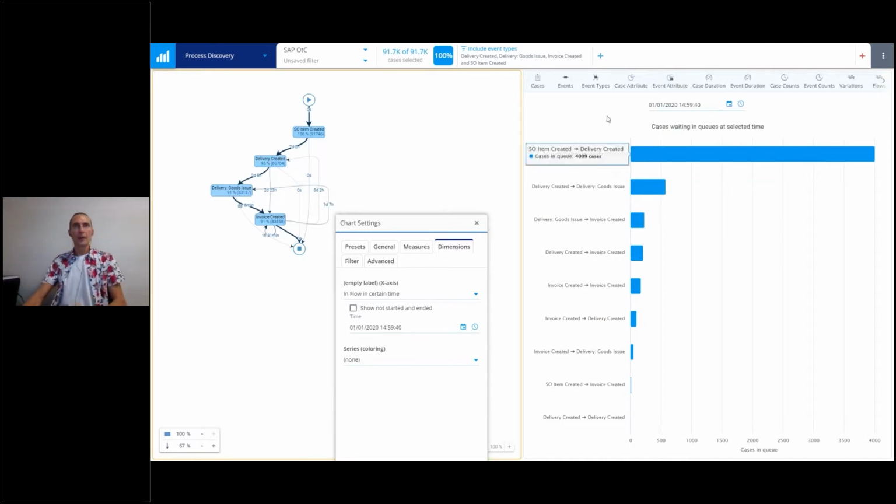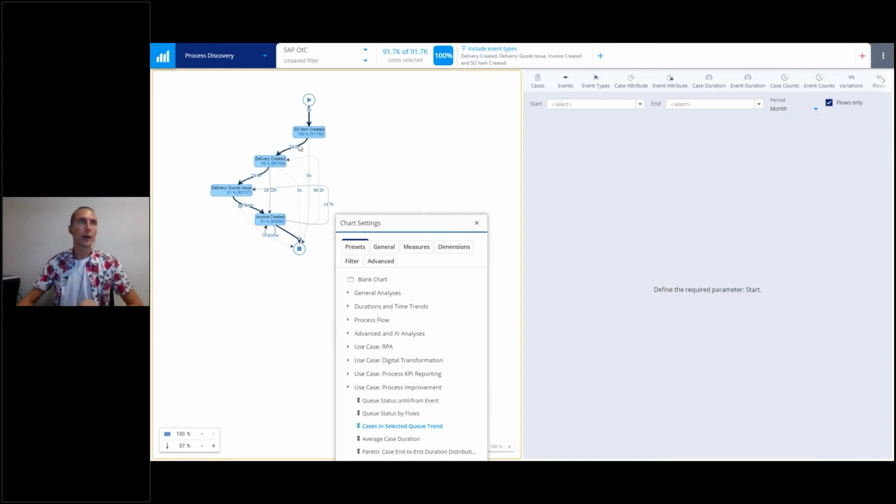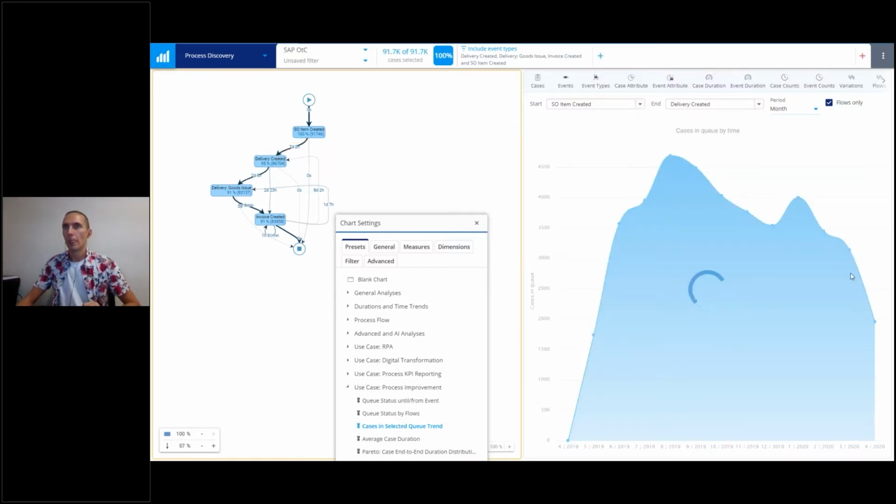Okay, so this is saying that on January 1st it was this time, and now we can look at this particular flow in more detail: item created to delivery created. So let's go to the queue status, cases in selected queue, as a trend. Now I go to this one and click this particular flow. So we see the sales order item created, delivery created, looking as a trend,